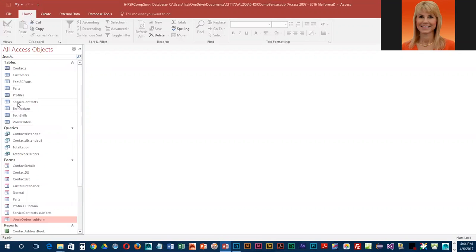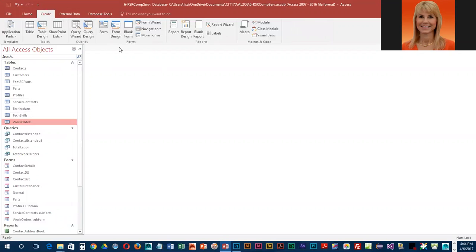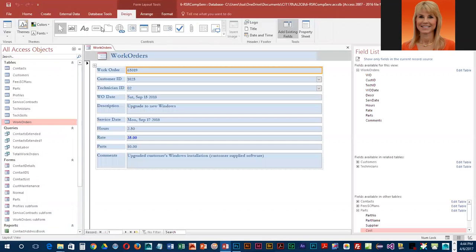So we're going to select the work order table. We're going to go into create, and we're going to choose form. And it should use our normal form that we defined. And it did. Now you can see it's got all of the colors that we specified, and it would have that organic theme as well. Now you do not need to worry about printing this,